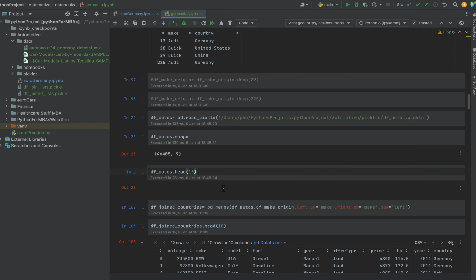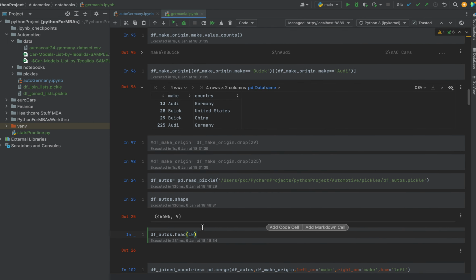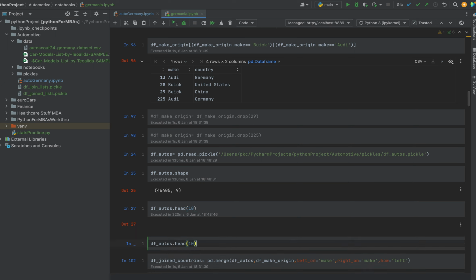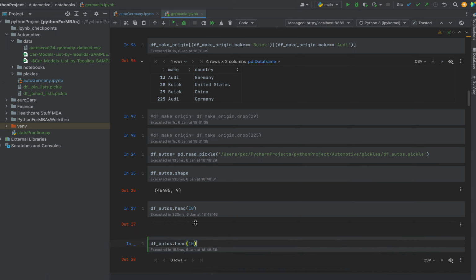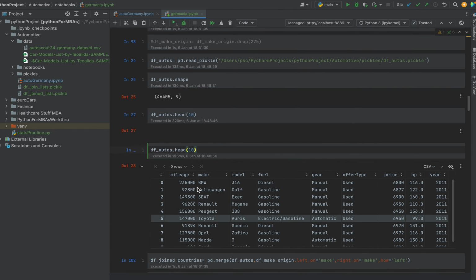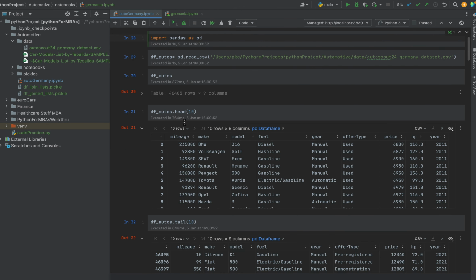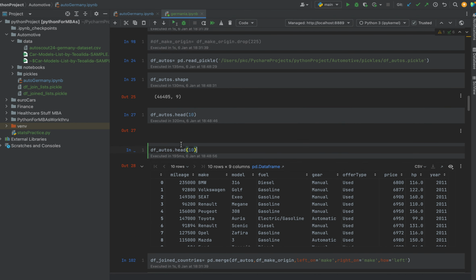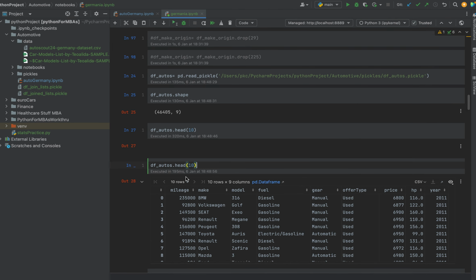Yeah, see, it's got BMW 316 diesel. Alright, that's cool. Super cool, right? So now what I'm doing is a left join, and I'm going to show